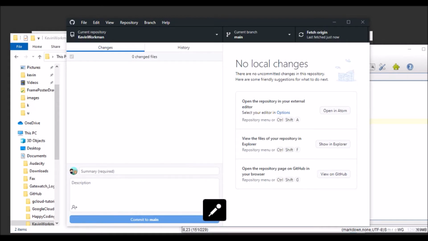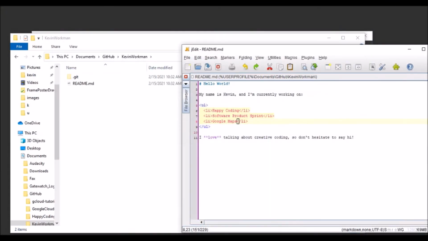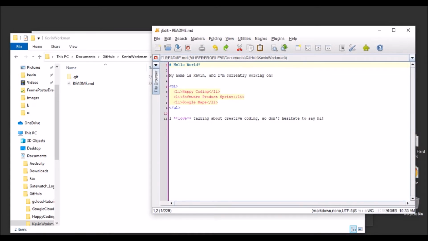All right, looks like that went through. If I go back to GitHub, I actually expect nothing to change here, so it's not super interesting. But the idea that I wanted to show is that you can use Markdown, or you can use HTML, or you can use a mix of both, which is what I've done here. Let me think about how I can make this more interesting. A couple things to keep in mind with this GitHub profile README feature is you can use some HTML,